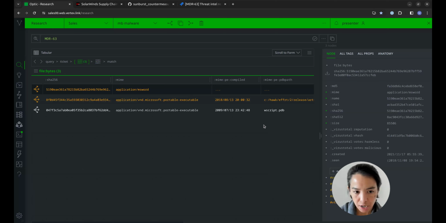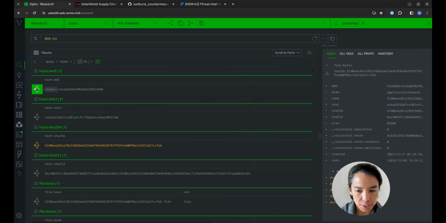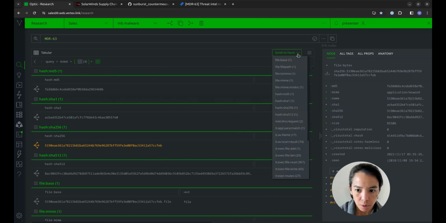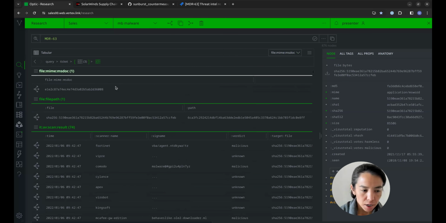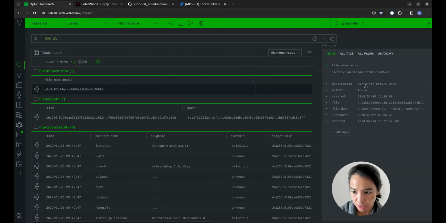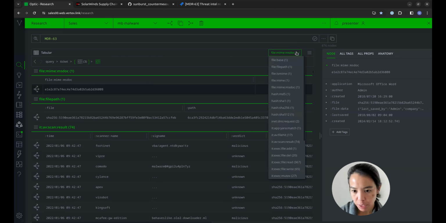So the last file that we have is this MS Word document. It looks like hybrid analysis said it was malicious. From VirusTotal, it might contain some obfuscated macros based on their tags here. So we'll go ahead and explore to see what data we have. One of the things that I could do is check out some of the MIME information for this file. In this case, it doesn't look like there's anything here that's particularly revealing, but if there was a specific author name that I wanted to pivot on, or created times or something like that, to see if there's commonalities between this and other files that we had,